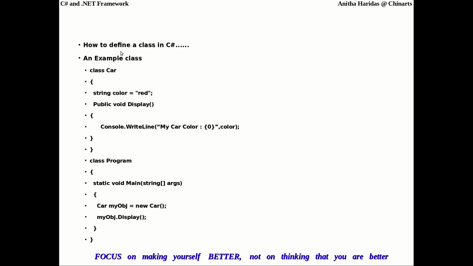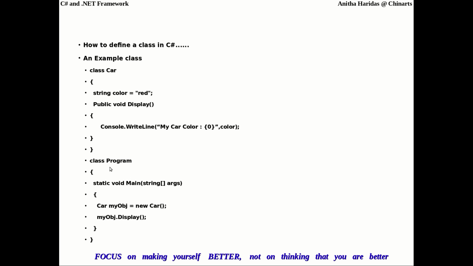This is an example of how to define a class. I am defining a class here. As usual, we use the class keyword. I define the class called car, and I am going to have a data member and a method member. Then I complete the class declaration by closing the class with curly braces.